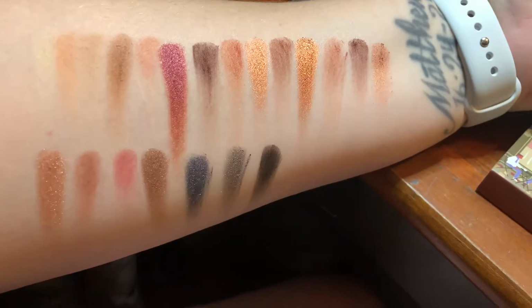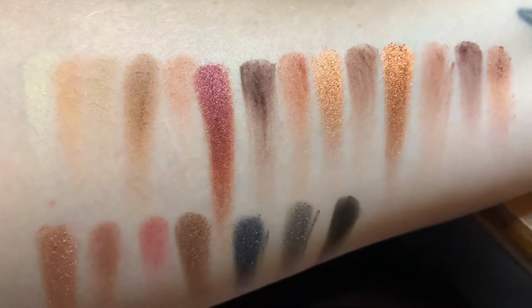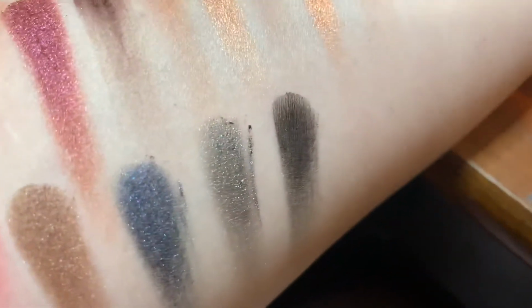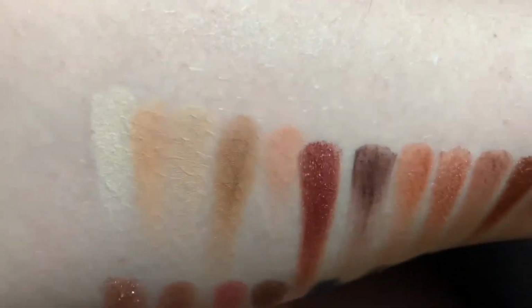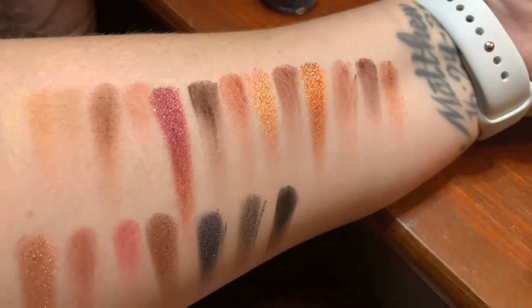Okay, so here are the results of the swatches. Now, what I will say right off the bat, these were very splotchy. So, the shimmer shades were great, but the mattes, it's weird. Look at how they chunked up, and it was just odd to me. And these lighter ones here, I had to do those twice just to get them to look like that. But yeah, there's definitely some pretty shades in here. I think the palette was like $10, so it's not like there's any big losses or anything, but again, that's a far away look. I mean, they look pigmented from back here, but